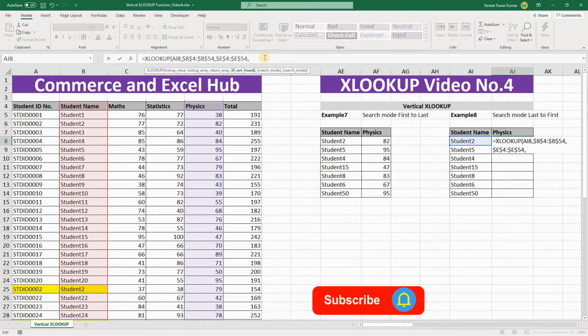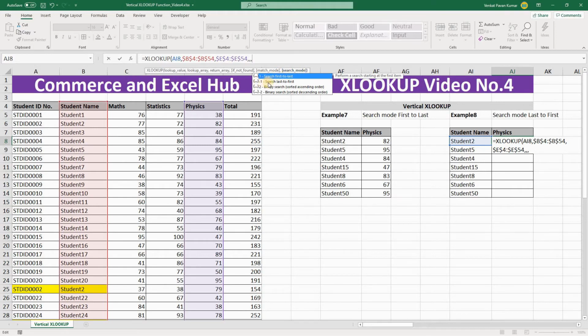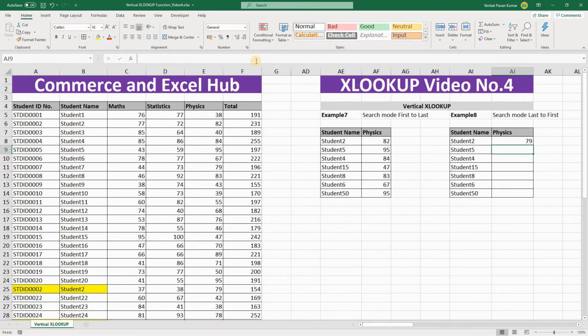So we are going to skip this argument, so I'm adding a comma here, and the match mode argument also I'm going to skip, adding another comma. So now we are in search mode. So for this example we have to use last to first. Okay, so I'm going to write -1, so we can see for option 2 we have -1 here. Okay, so -1 and close the bracket and hit enter.